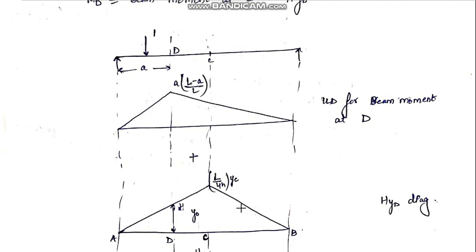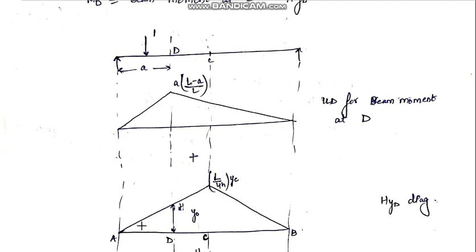Okay, so you just have to draw the ILD for the horizontal thrust. The ILD for the horizontal thrust was like this, with the maximum ordinate at C point, which was L by 4h. Suppose the horizontal thrust at D section is capital H. We don't know the value, but suppose it is capital H. Now, in order to find out the ILD for h into yd, just multiply these terms with the y ordinate of these points. At C, the y ordinate will be yc, so just multiply this term with yc, and at D point, the y ordinate is yd, so just multiply this h term by yd.